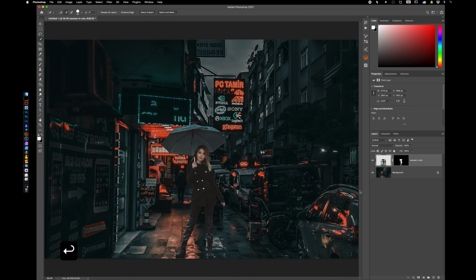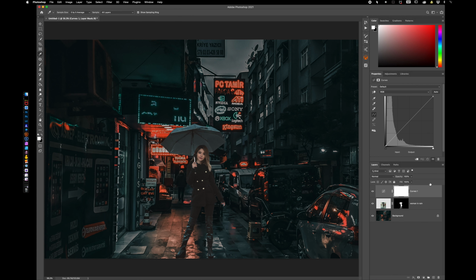So I've now got the girl in place, but she doesn't look right. So how do we now get to the crux of this with our one curves layer? We apply a new curves adjustment layer, and when the adjustment layer loads up, it comes with a mask. We're currently on the mask. Just make sure we click back over to the actual tool itself. What we're going to do is use these three eyedroppers for black point, grey point, and white point to prime our curves adjustment layer. And we're going to prime them from the